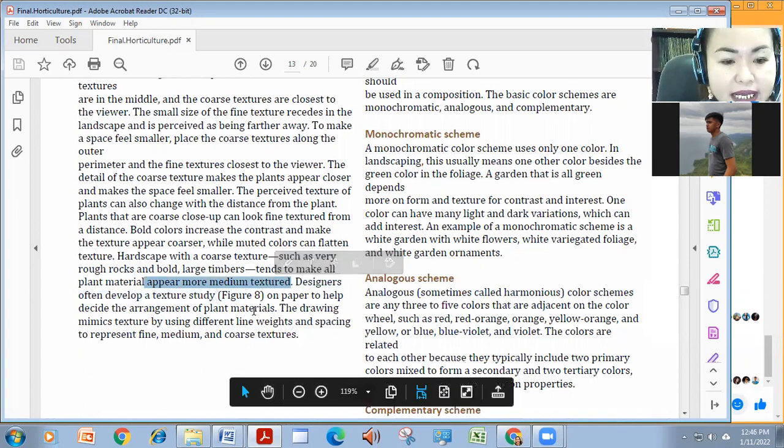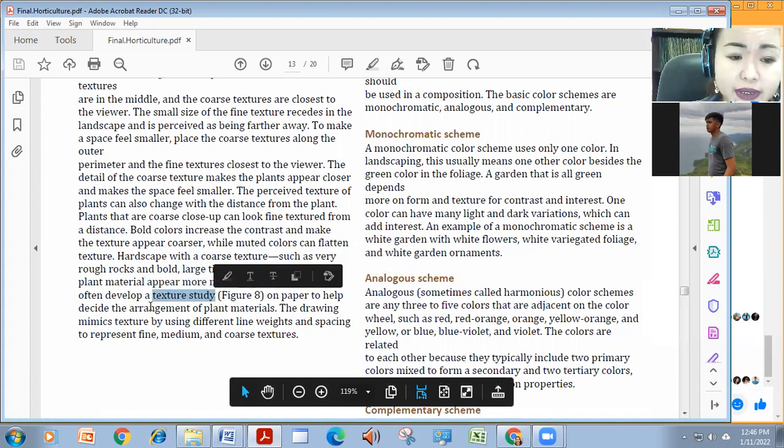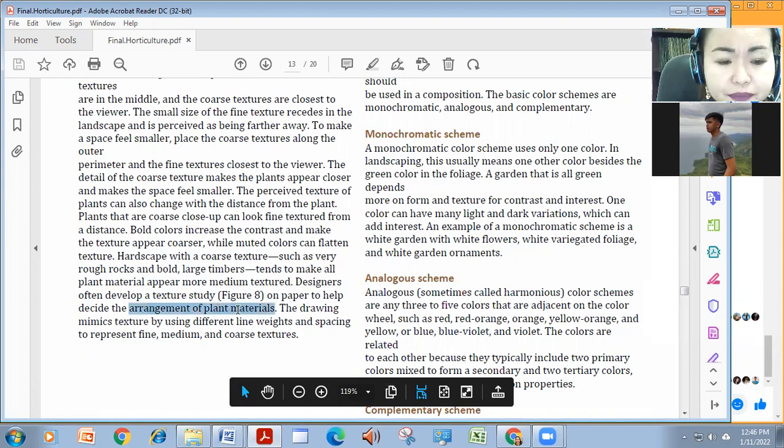So, the designers, the texture study is very important for the arrangement. And the drawing will also, like,